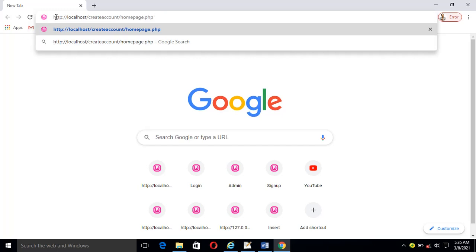And this localhost means, instead of writing www.google.com like that, or youtube.com or facebook.com, it says localhost because for the time being, my website is hosted on the local server. And the local server is again hosted on my computer.